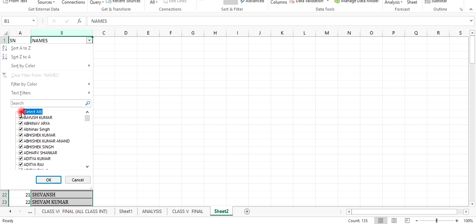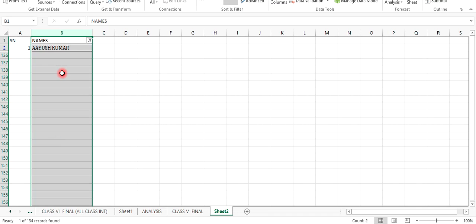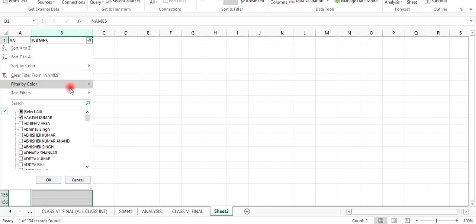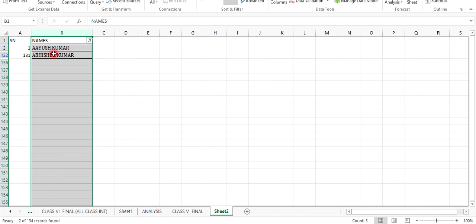If you want to filter the names, then see here, each name appears only once in the list. For example, if you select Ayush and Abhishek, see here, Ayush and Abhishek have come, and their serial number and roll number also come. This is the way we can filter the data.